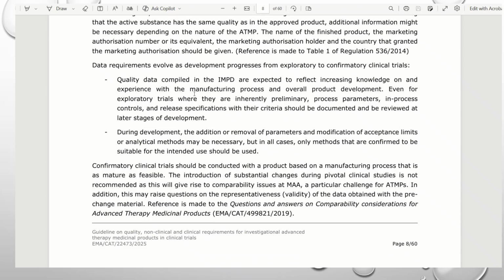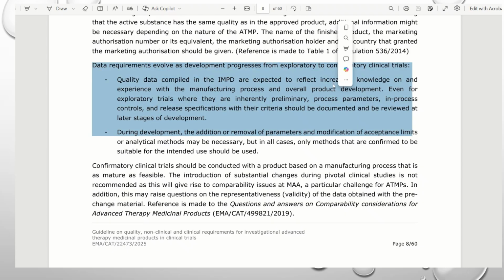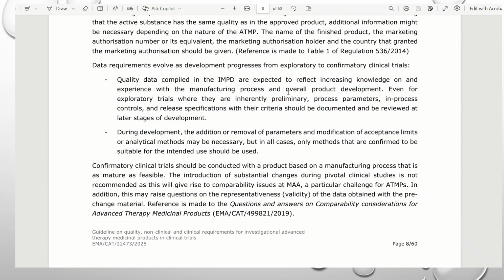Yeah, this section talks about basically ensuring that we update the information to reflect the current knowledge. So as we're developing and evolving from exploratory to confirmatory clinical trials, we should be doing this. Now, for these types of products, we're very rarely going to have exploratory clinical trials and then confirmatory clinical trials